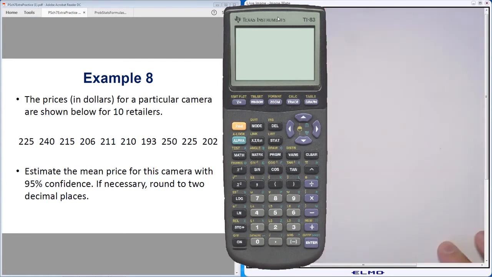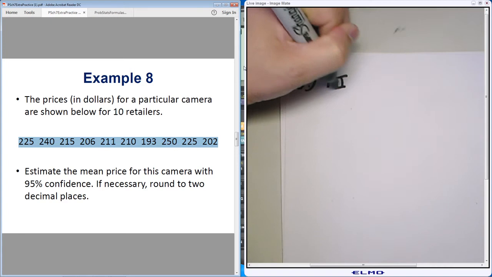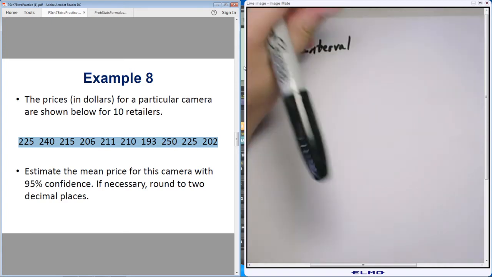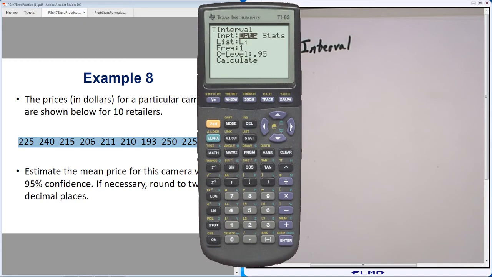Now I'm ready to find this confidence interval. Let's figure out what type of interval this is. I'm estimating the mean, so it's either going to be a t interval or a z interval. Do I have the population standard deviation? No, I don't. The standard deviation I use will have to come from these numbers, and these numbers are a sample. So I'm just going to jot down that this is a t interval, so I don't forget. Stat test t interval. And since I have my numbers in a list, I can go to Data, if it's not already highlighted, tell it it's list 1, frequencies 1, and 0.95 is my confidence level. When I hit Enter,